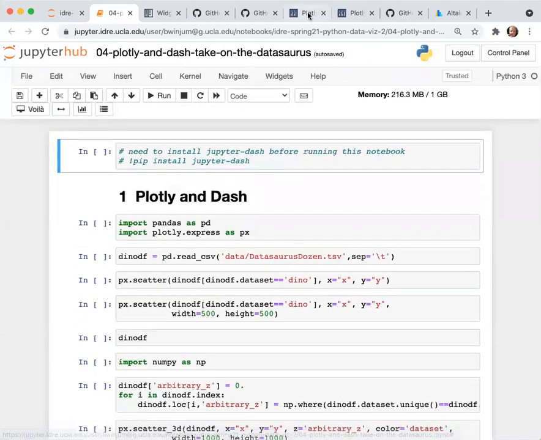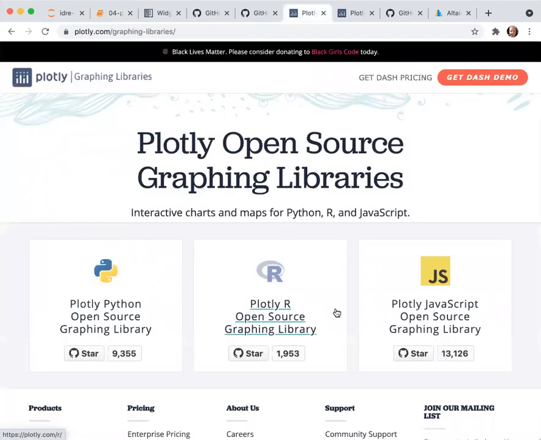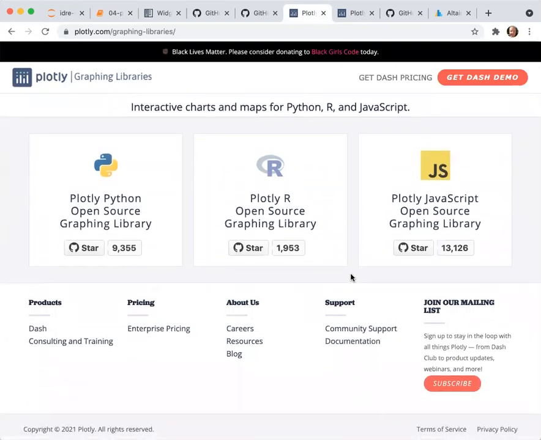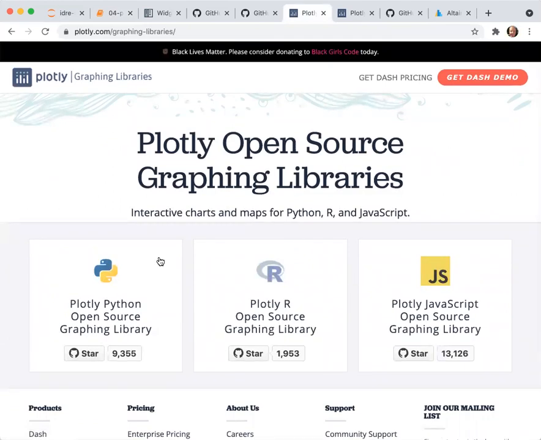So Plotly, let me introduce you to that here too. Plotly is one of the more popular interactive graphing libraries for Python. Plotly itself can actually interact with Python or with R, or it can interact with JavaScript explicitly. As far as Python goes, it's intended to be a way to include JavaScript elements with what you're executing in Python without explicitly having to program the JavaScript part of it.